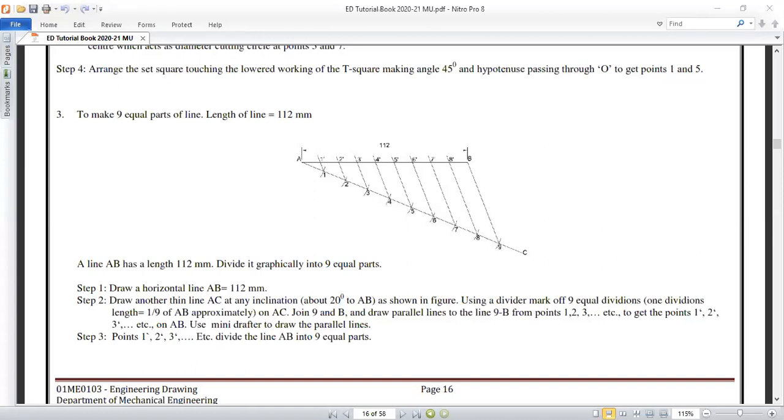And you will have your 9 parts of this particular line like this. You can then give the names like 1 dash,